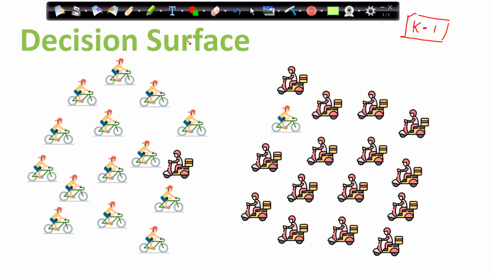Now what will happen? How will the line be generated? Because when I am passing K equal to 1, it will generate some line, right? For example, let's say I have a guy who is present somewhere here. Let's say a new employee is joining me, present somewhere here. Now I am saying K equal to 1. So the nearest neighbor is this, so it will classify as negative. Let's say I have some guy who is present here, K equal to 1. This point is near, so this is also negative.